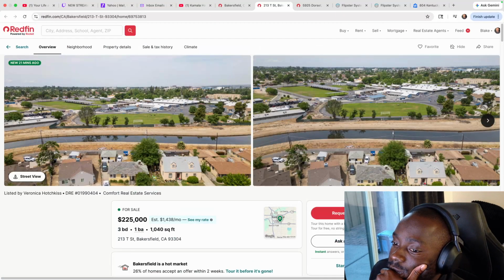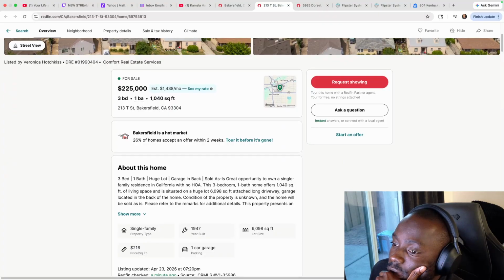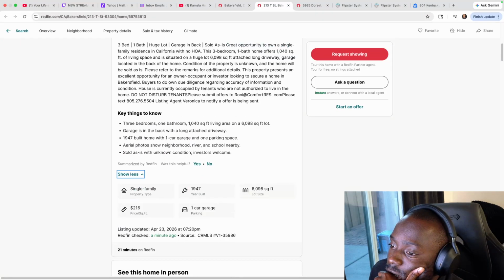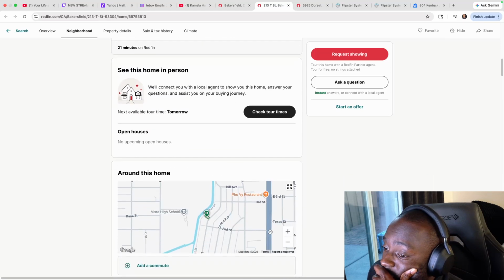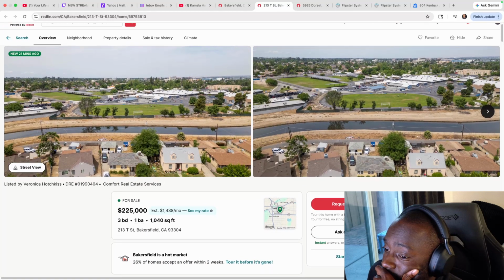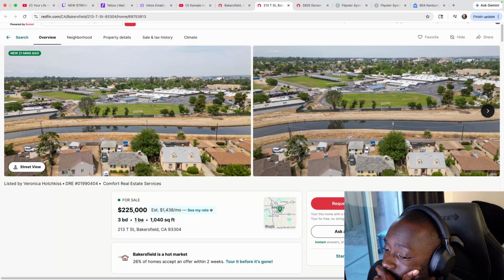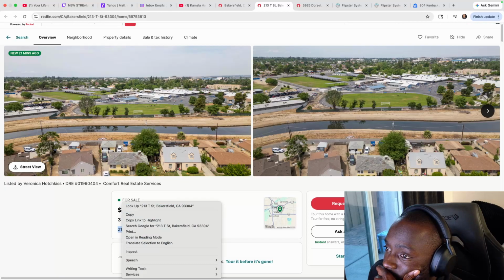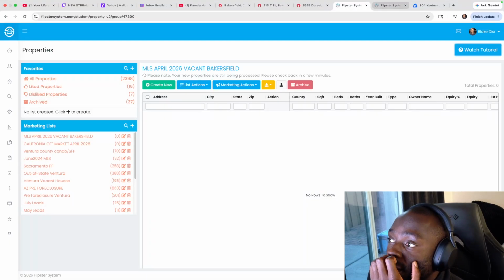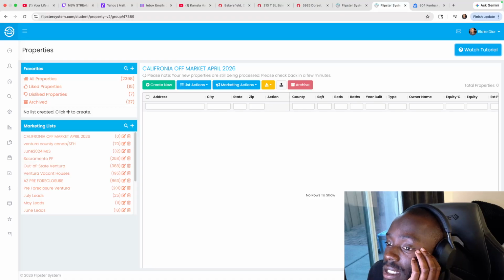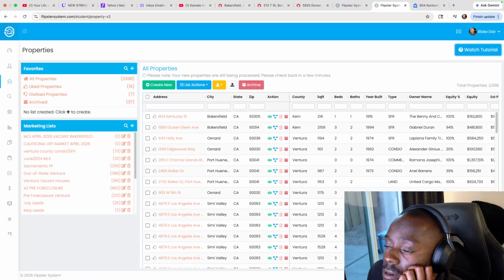This was posted 21 minutes ago. What I'm going to do is call and find out what is the condition of the property. But before I do that, I'm going to get some intel. So I'm going to get this address. You know what? First thing I'm going to do is see if this software is picking up new listings as well in Bakersfield. So I'm going to go back here